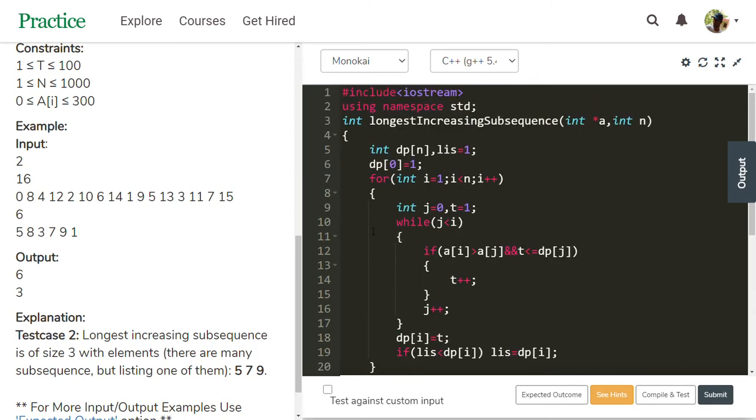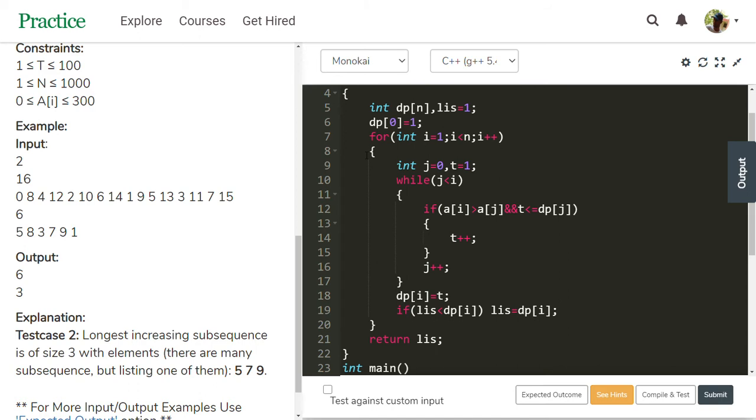See this, this is the function longest increasing subsequence. To explain the entire sequence, I am just using this part only. In this part, the longest increasing subsequence is 5, 8 only, so the output generated is 2.